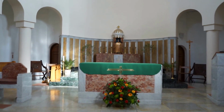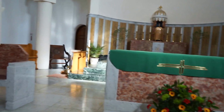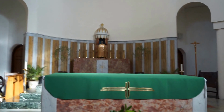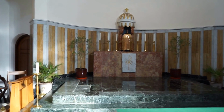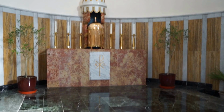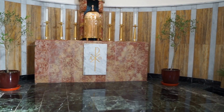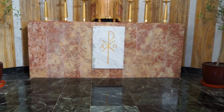One thing I particularly like, there's just some steps there to go up. One thing I particularly like is when we go up into the high altar and we see the Alpha to Omega there, which is absolutely wonderful. To see the Chi-Rho with the Alpha and Omega each side, it gives me a good representation of,